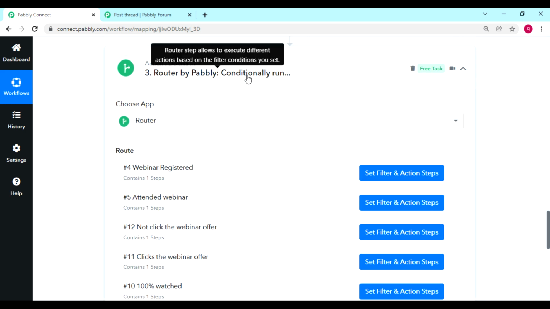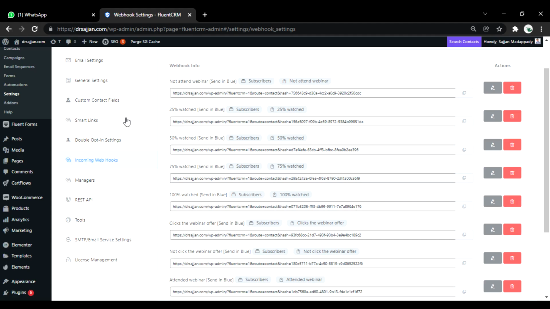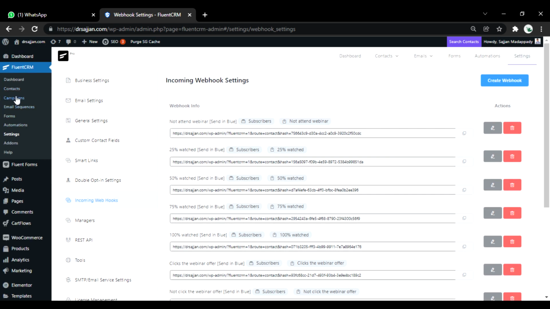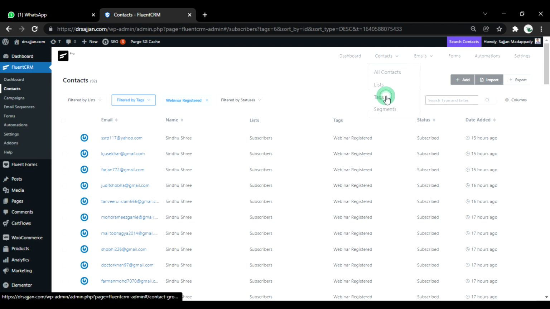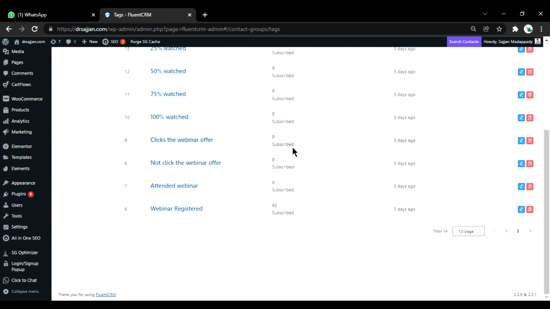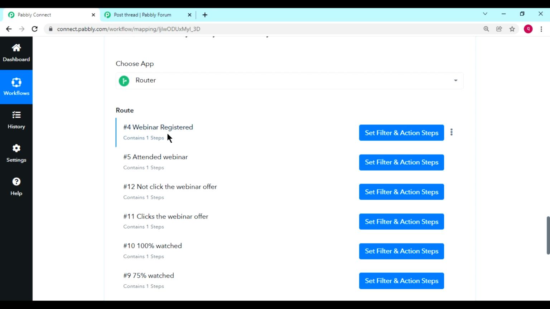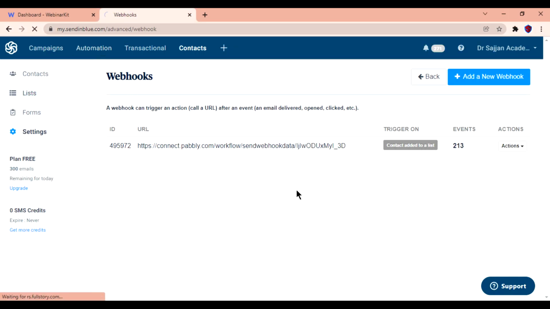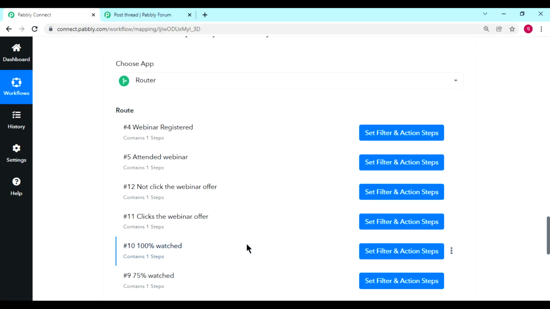For that I have routed my data into the separate list forms which I have created in Fluent CRM, with contact data tags. Here in Fluent CRM we have created separate tags for each action. As you can see, whenever people register for the webinar, Sendinblue will take the data. Webinar registered is 93.